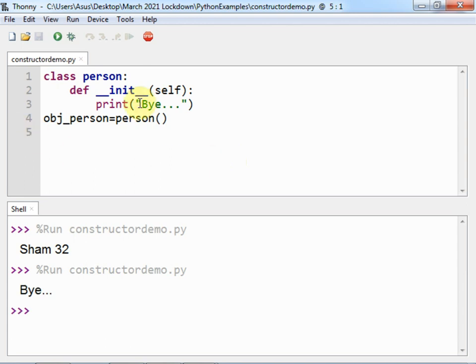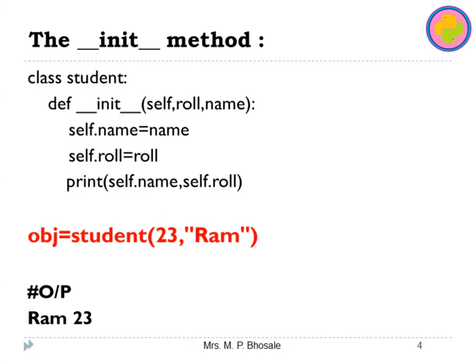Okay, so this is how you can write the constructor. I hope now you can create the constructor for the class in Python, and you can create the object, and you can write the constructor with and without parameter.